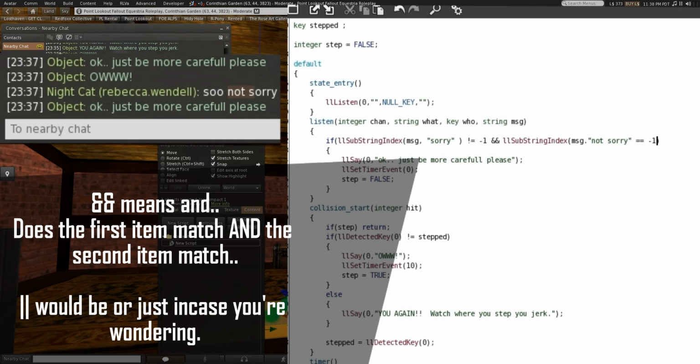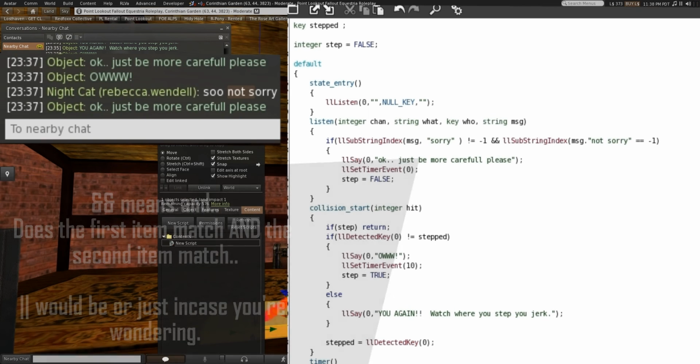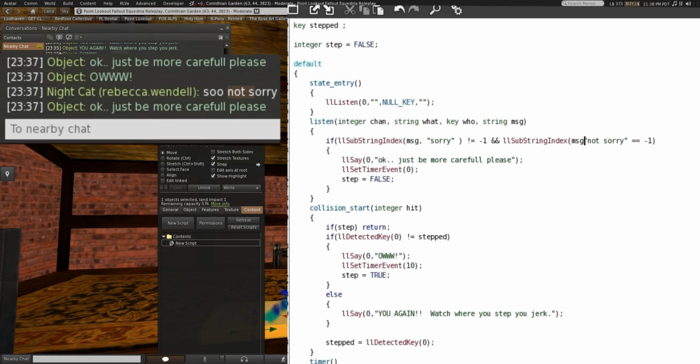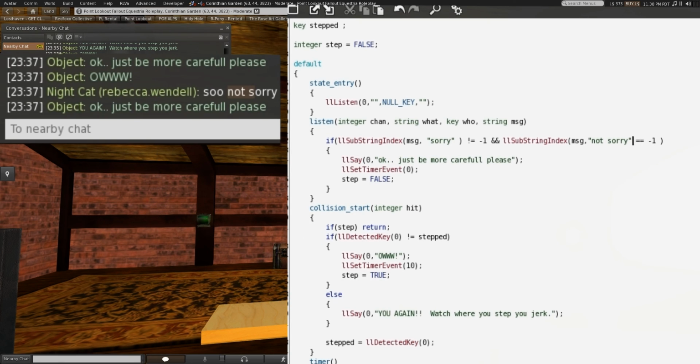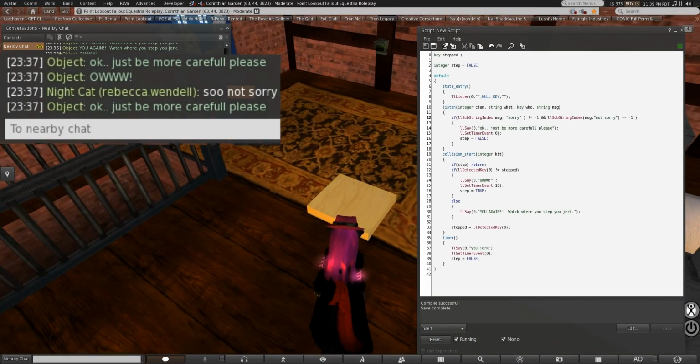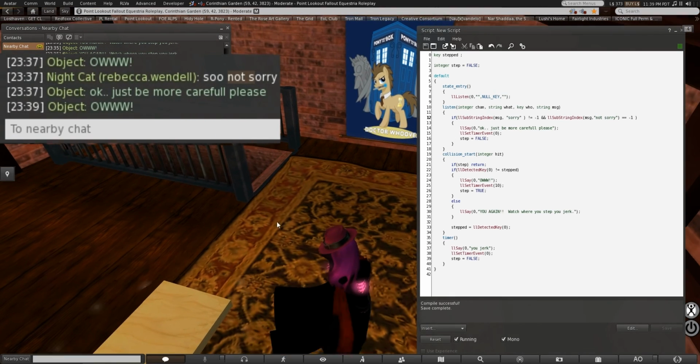So it is making sure the word sorry is in there and that it does not contain the phrase not sorry. You can use not anywhere in there as long as it's not partnered to the word sorry. I see the problem. Forgot to close that parentheses. There we go. So, across, ow,